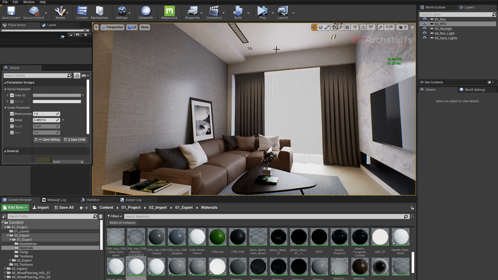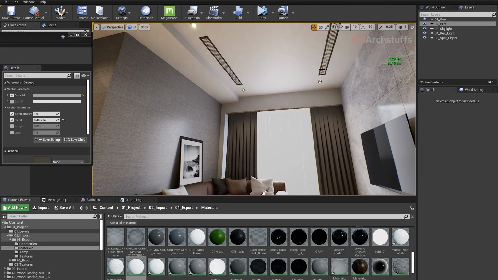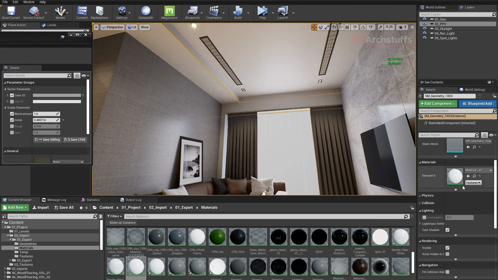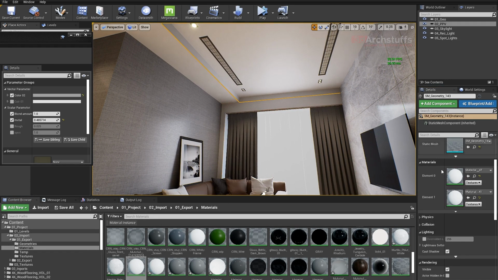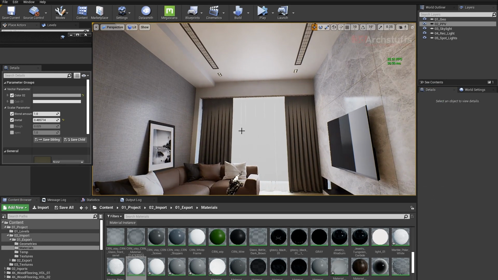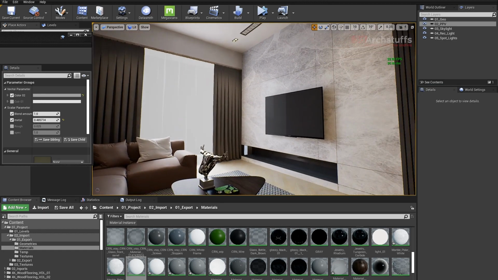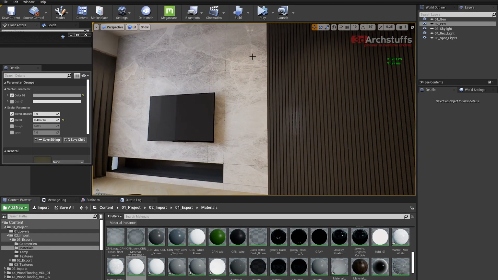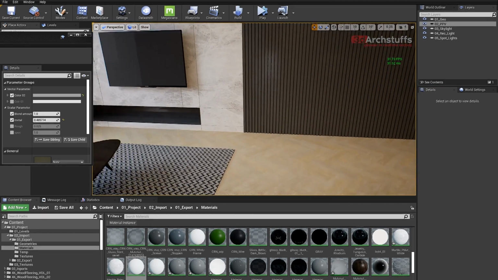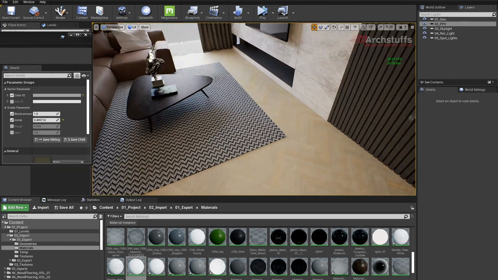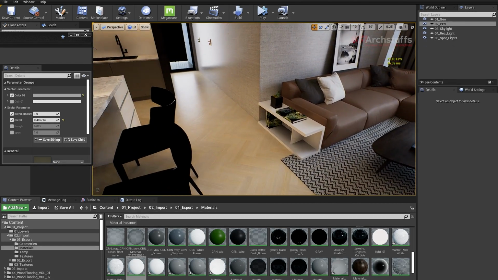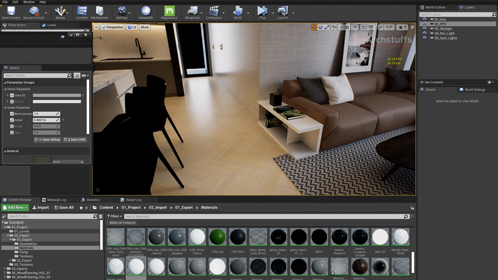So now you can see we have just taken care of all these materials on these and these, and then walls. And maybe let's select this and then apply on this also. Okay, it's already there, so no problem. And we are just going ahead and taking care of all the objects' material individually, one by one, and that is a very key point to make the scene realistic. So now we'll go ahead and then